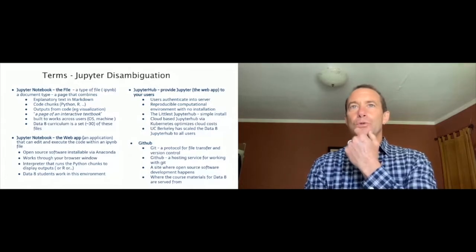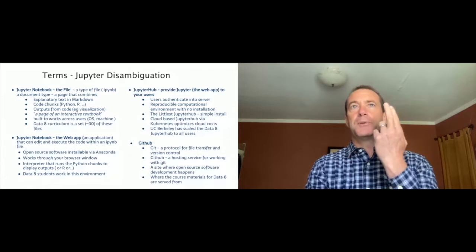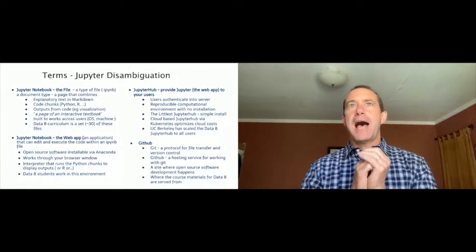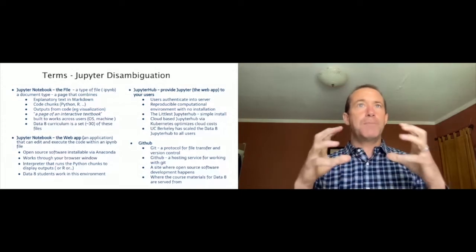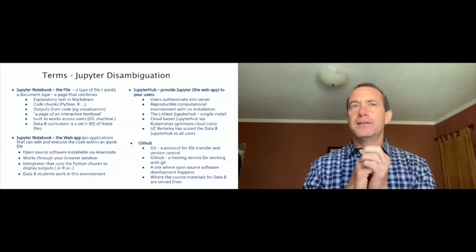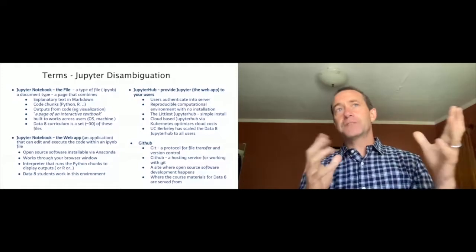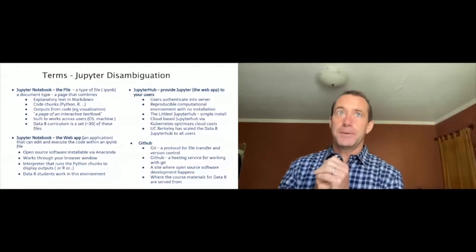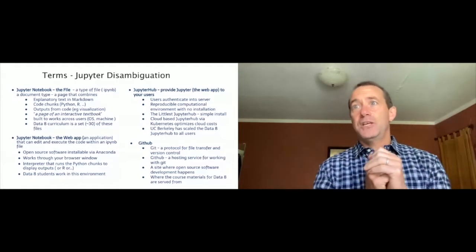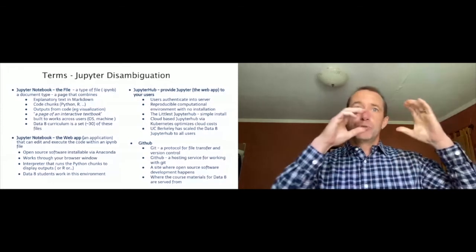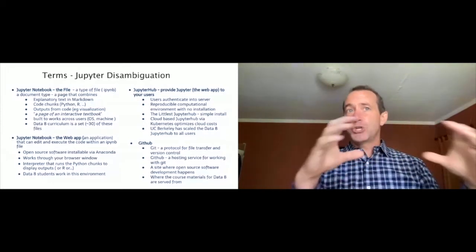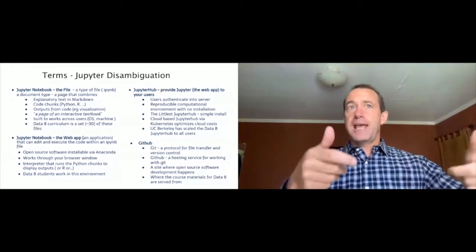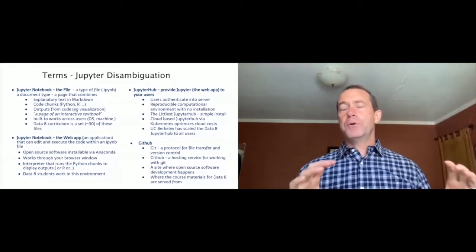Some of the ways we want to think about Jupyter is, first of all, in Jupyter, there's a file. It's an IPython notebook file, IPYNB. It's a type of file. This file is a JSON file, which is actually kind of like a database type. What you can have in it is chunks of markdown where you explain something, chunks of code that can execute, and then the output of the chunks of code.